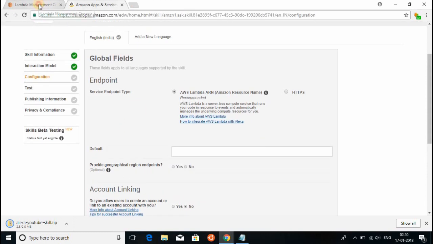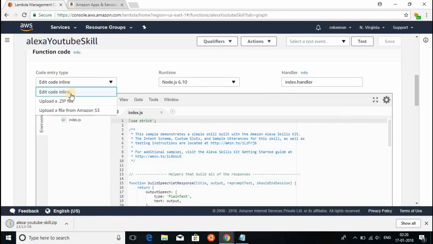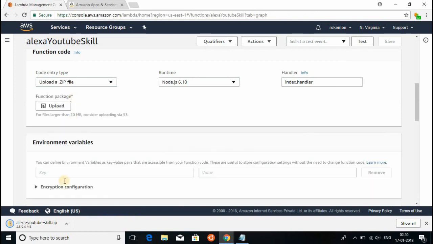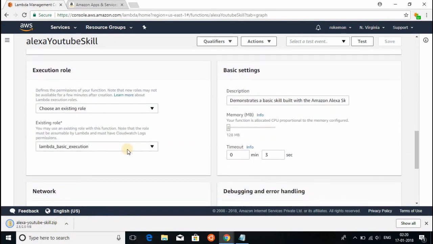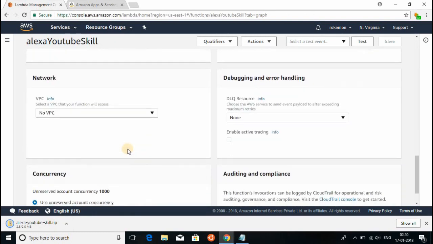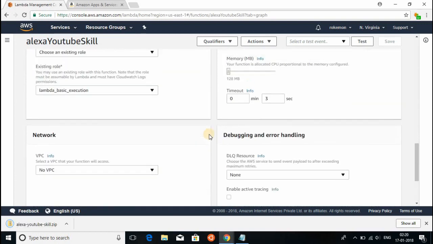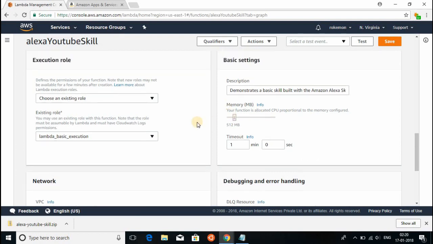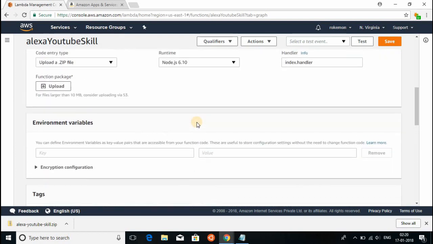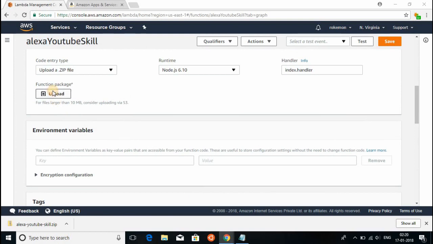Now, over here, select upload a .zip file and let it download first. So we go next. Over here, in the timeout, make the timeout 1 minute 0 seconds and give it a memory of about 500 MB. No need to change anything else here. Just go to upload